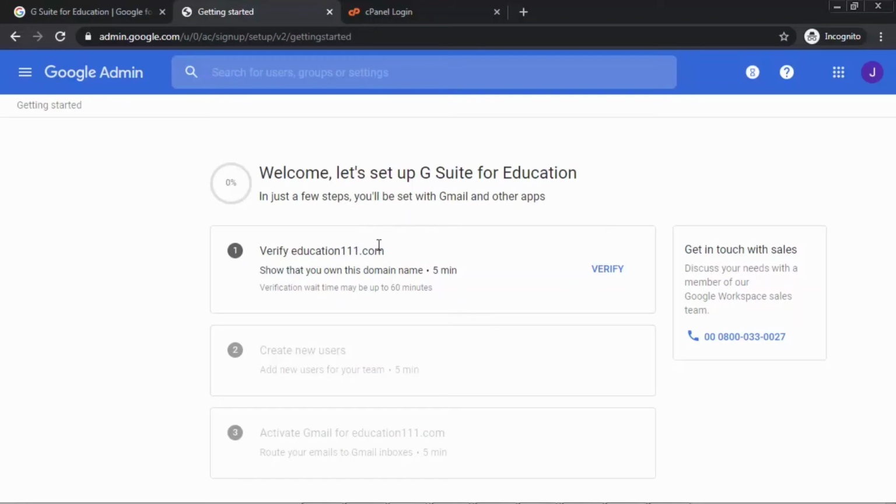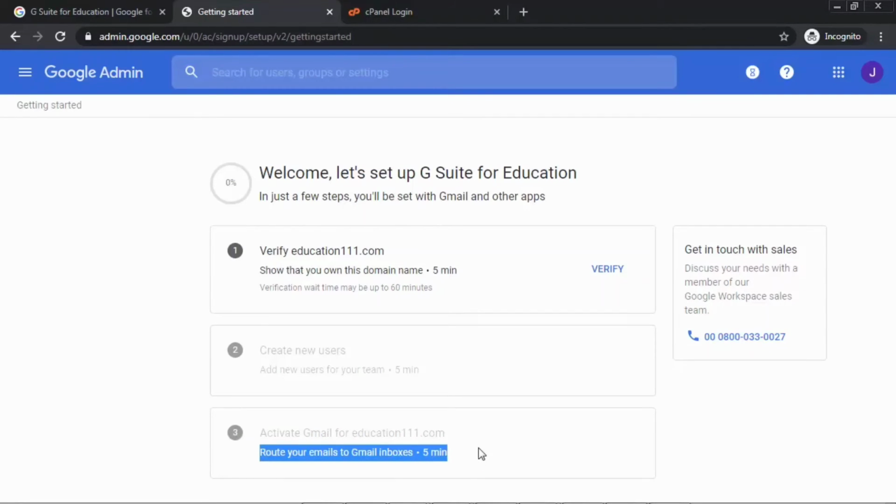you can go by metadata, text records, whatever suits you best. After verifying your domain name, G Suite is going to let you create new users, and after creating the new users, you can activate your Gmail for education111.com.